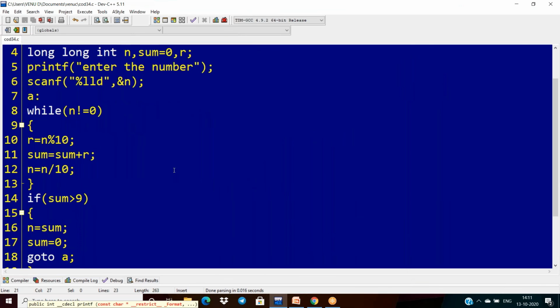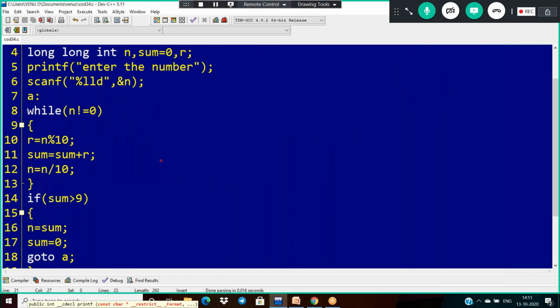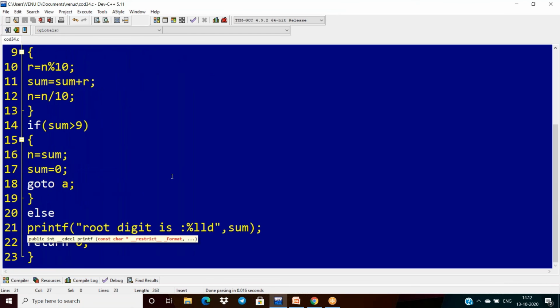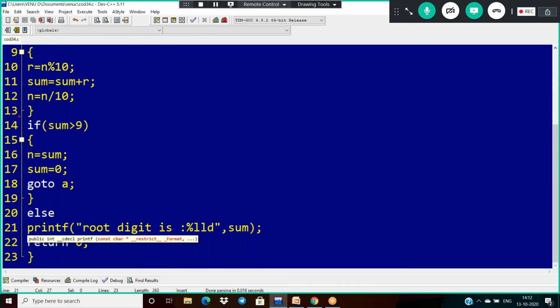Okay. So here what I am doing, first I have to take the label here. This is my label, consisting of this body. And now, if your sum is greater than 9, assign the sum to the variable n, initialize the sum with 0, and call the label.